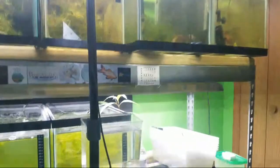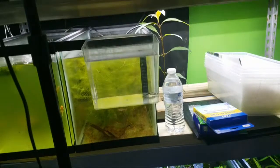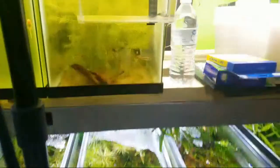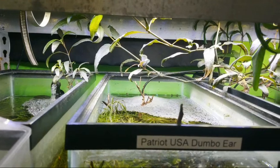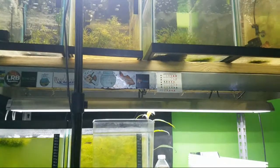So, I mean, we're gonna look at some fish. Whoa. Alright, so you all gotta check this out. It is absolutely crazy. So you see this plant right here? It is actually coming from this tank all the way down here. Let's see if I can. So I made a video recently on using soil as an aquarium substrate, and